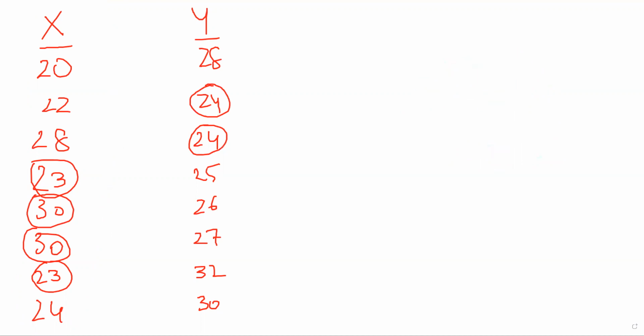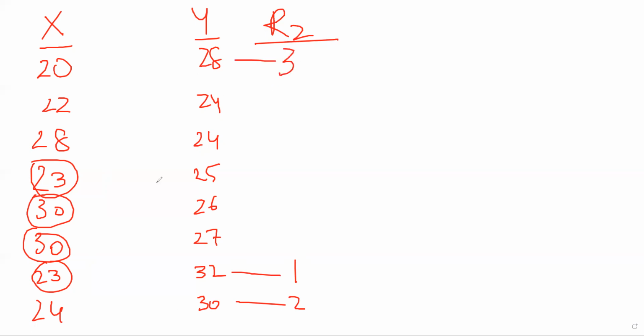So let us suppose I put it R2. So in this, what is the highest rank in Y? 32. So this will get 1. Okay, that is 1. This is 2. Correct. Next highest is 28. So this is 3. Next highest is 27. 4, 5,